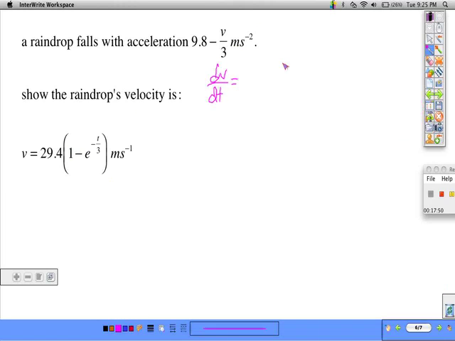And I can write this so that it's one fraction. And this one fraction would be 29.4 minus v divided by 3. I want to do this because my derivative of v involves v. So I need to separate my variables. And I can't do that if it's addition and subtraction, only if it's multiplication and division. So what I'm left with is